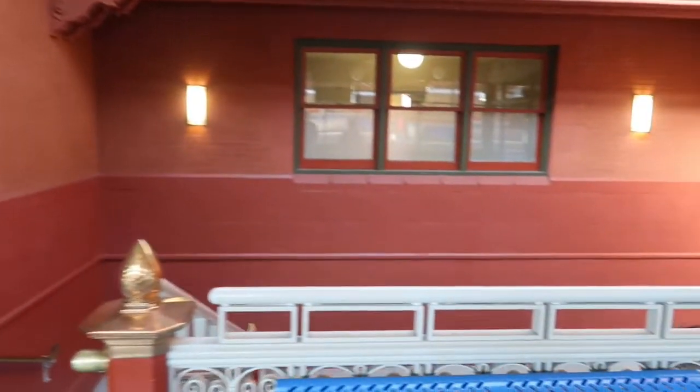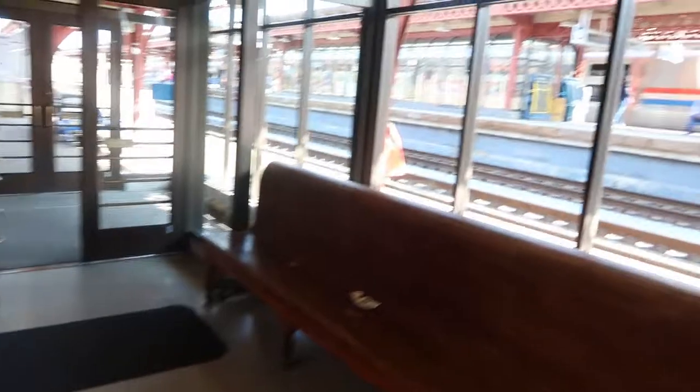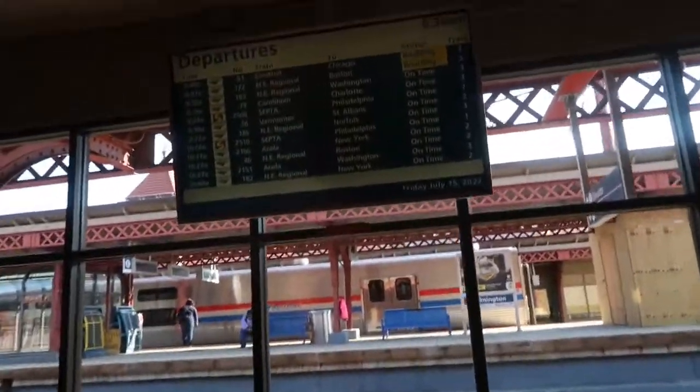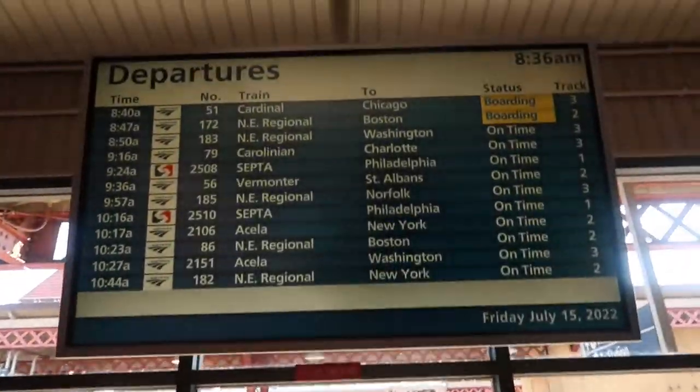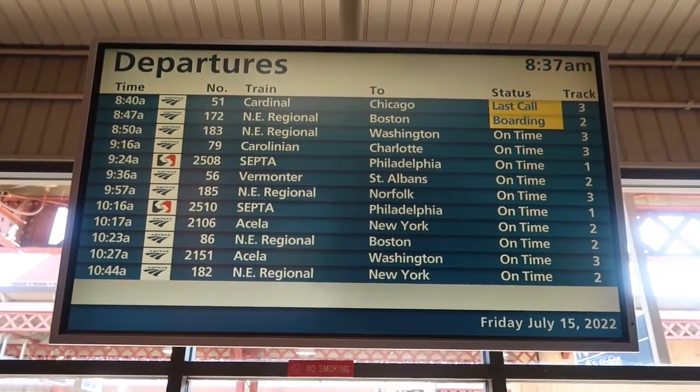Back to at your Northeast Regional for New York and Boston. 172 business class service will be the last car of that train, last car. That'll be the end of the platform, location 2A. A is an alpha for 172's. Business class service will be the south end of